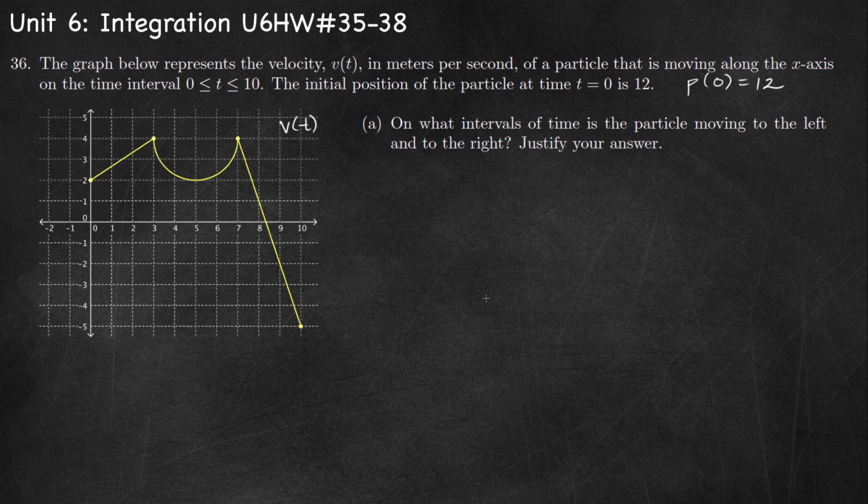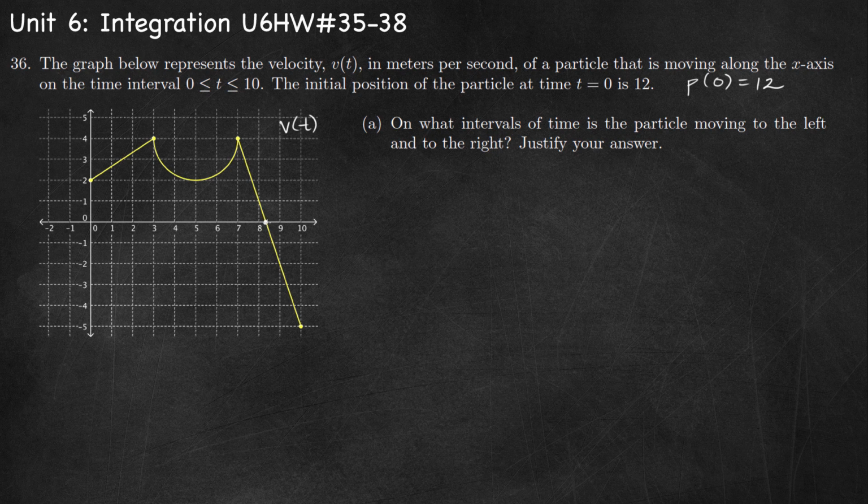Part A, on what intervals of time is the particle moving to the left and to the right? Well, the particle is moving left when velocity is negative. It's moving right when velocity is positive, and we're looking at the velocity graph. So where is it negative? Where is it positive? Well, it changes sign at this point right here,